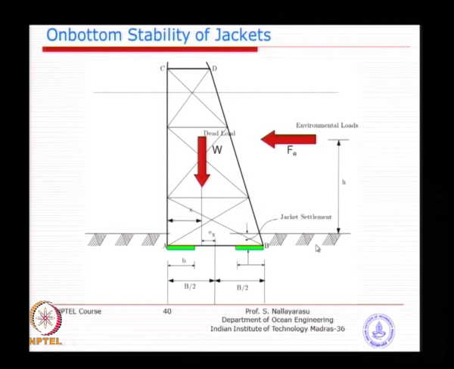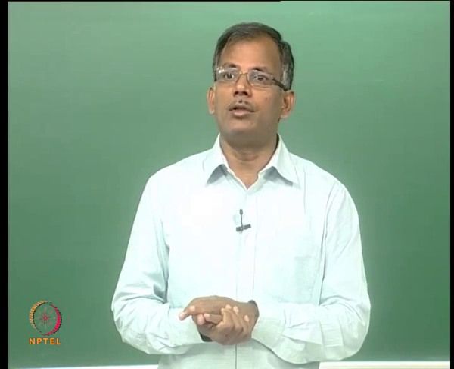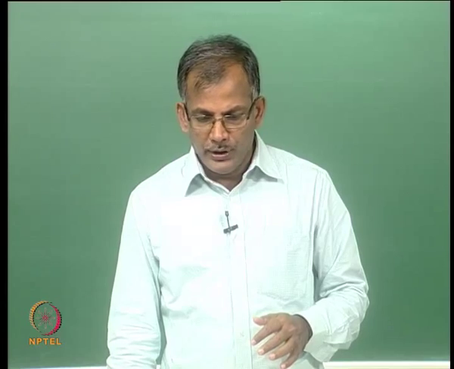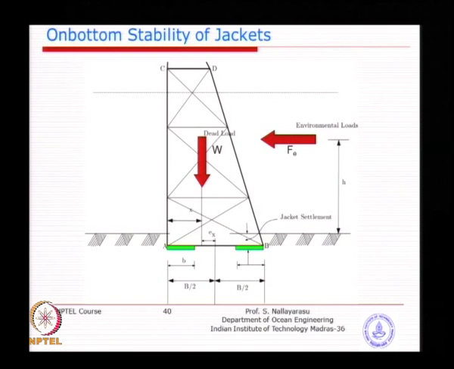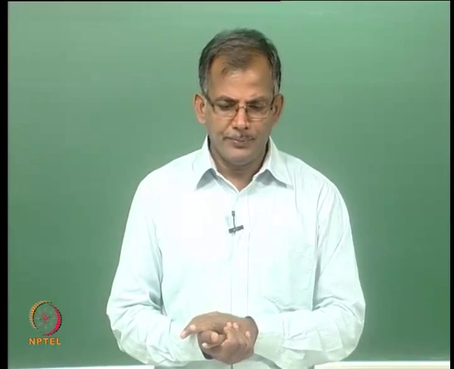We want to find out the settlement of the total jacket due to not only the vertical load, but also due to horizontal load, because this could introduce increased pressure on one side, which could make the jacket, instead of vertically going down, actually try to tilt. So, what we need to find out is the average bearing pressure on this area and how much is settling here, and similarly here. So, you could see that the jacket could give a little bit of a problem on inclination. So, you may actually have to do a leveling of the jacket, which is normally done after the placement.